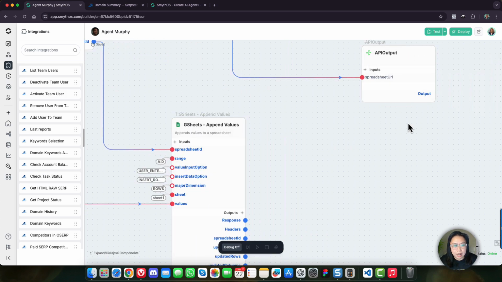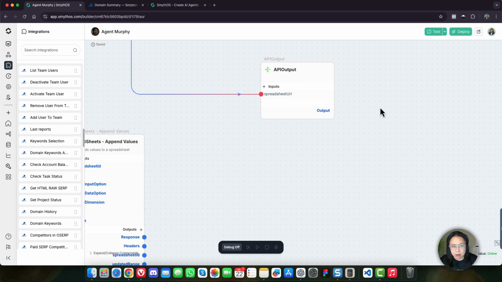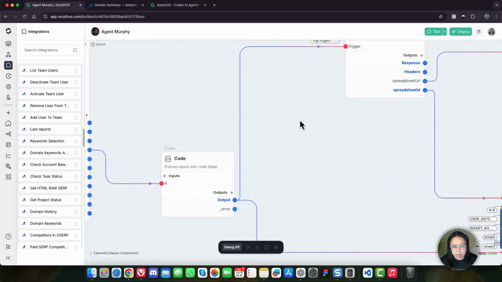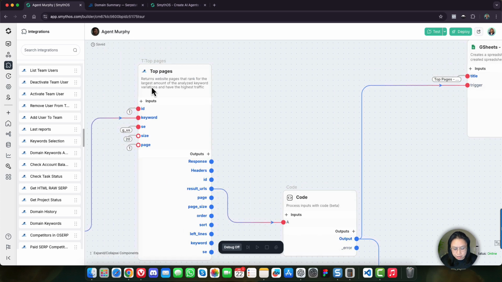So the final output will be the spreadsheet URL containing all the data that we've gathered using the SerpStat API component or integration.